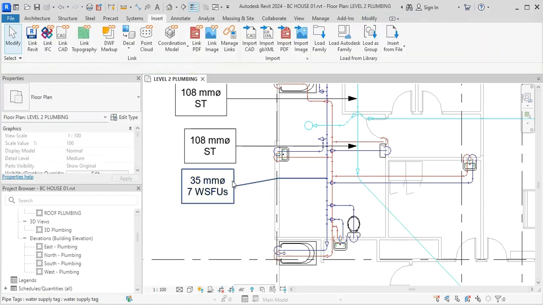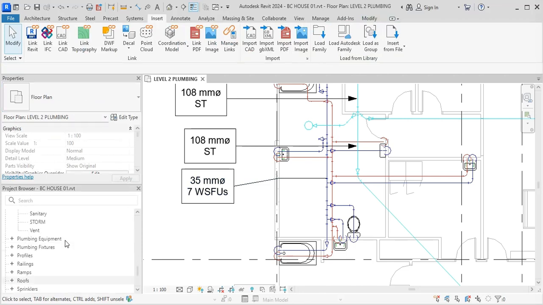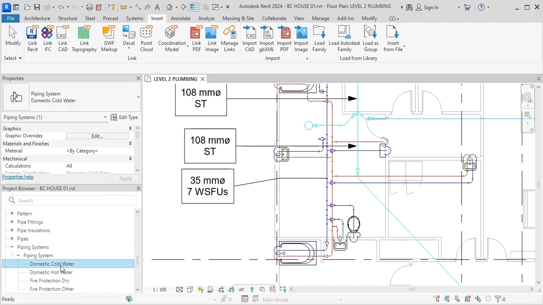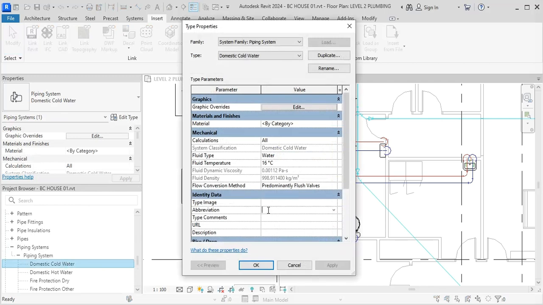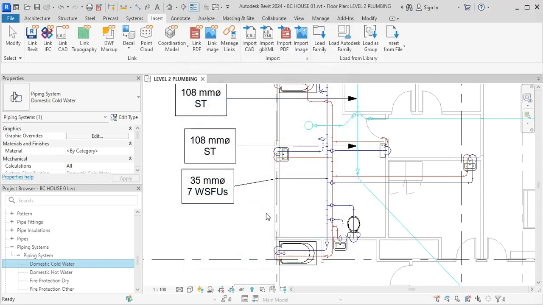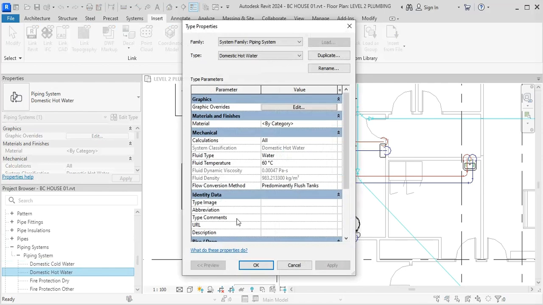Now it didn't read system abbreviation because there is no system abbreviation. I scroll down to families, and then piping systems, domestic cold water, double click, and then abbreviation, WS for water supply, domestic cold water supply. Okay. And then for hot water, double click, and then abbreviations, domestic hot water supply. I click OK,